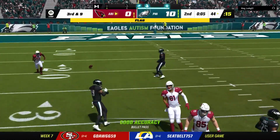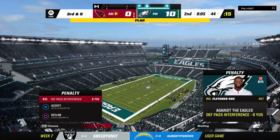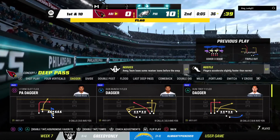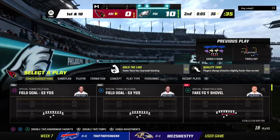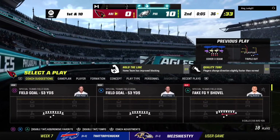And that is incomplete, but a penalty flag coming in. This could be a 1st down. Some boos coming down right now from this home crowd after that call. Yeah, and that was because of the pass interference call, but for a second there I thought maybe they'd gotten